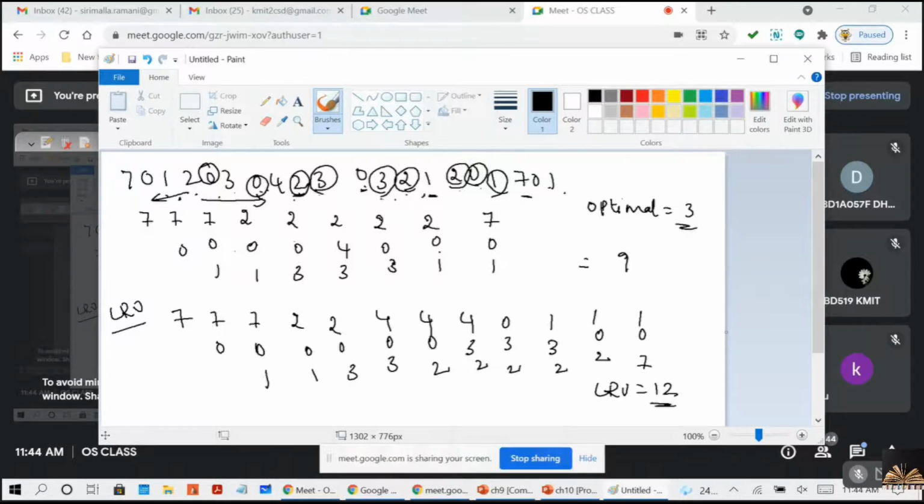Why? Because this technique requires substantial hardware assistance, I can say. Why? Because there you should have the information about previous references, right? Least recently used. So first we will use the counters, right? This is the simplest case, right?